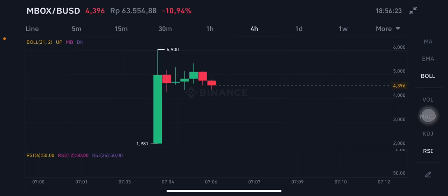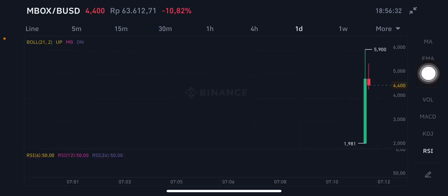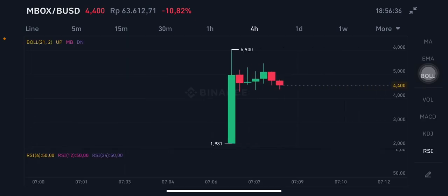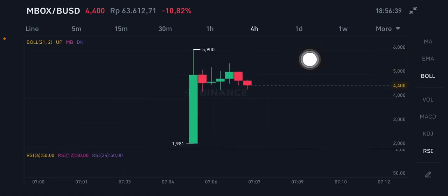Now I'm going to talk about the new cryptocurrency that has been listed on the Binance, MBOX, right? So on the 1-day chart there is nothing here. We're going to change it to the 4-hour chart. The first high is at 5.9, and now it's having a little bit of correction,